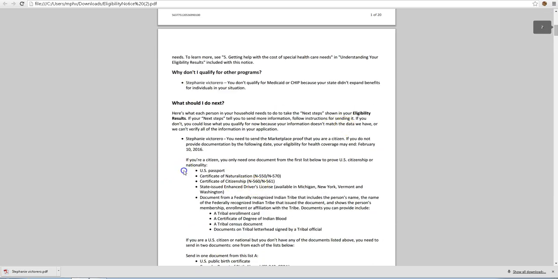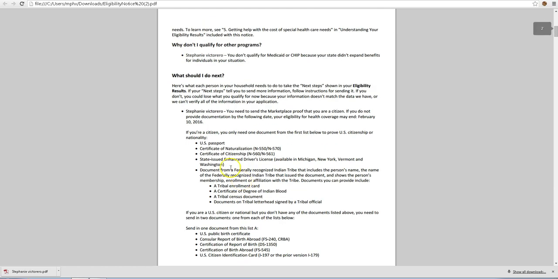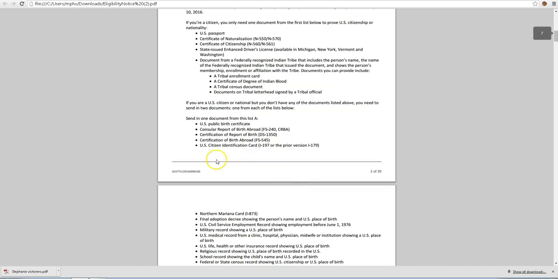As you can see here, the second page is always going to tell us what documents are needed. It's very important that we notify the clients that these documents are needed in order to complete their enrollment, and that we collect these documents. So as you can see, for this client, they need some sort of proof of citizenship, a passport, for example. They also need proof of